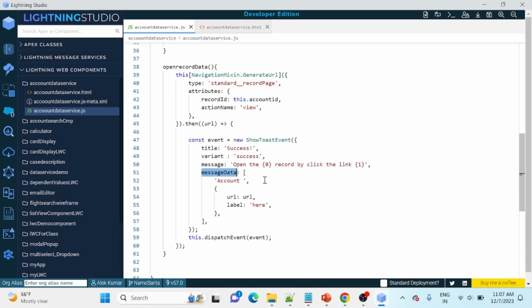So at runtime, it will check what value I have at the 0th index in message data. That is account. So this 0 will get replaced with account. Similarly, if you can see here, record by click the link, followed by curly braces 1. So at index one, we have defined this parameter where we are passing